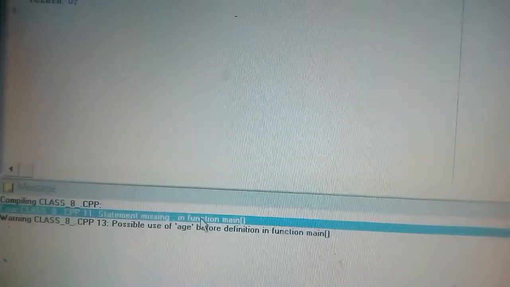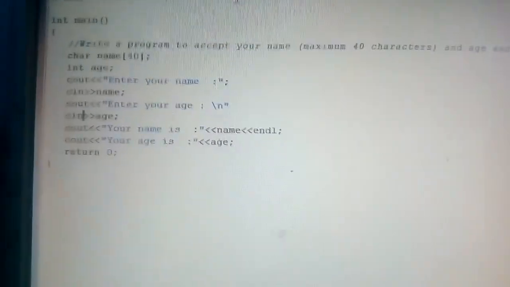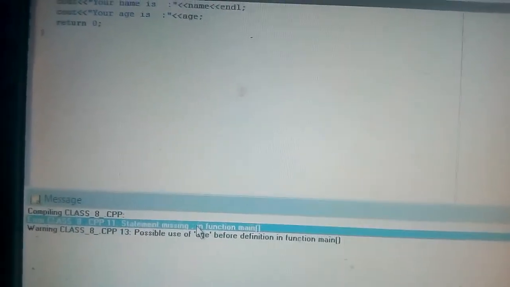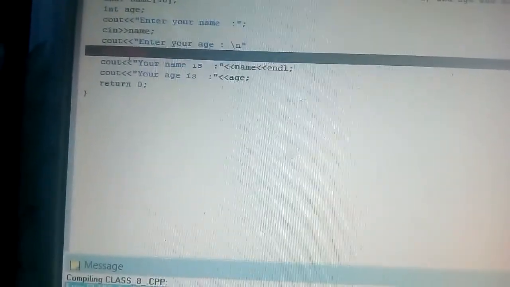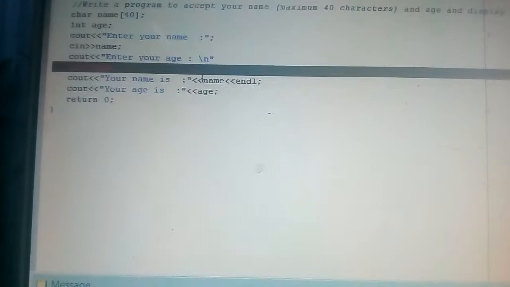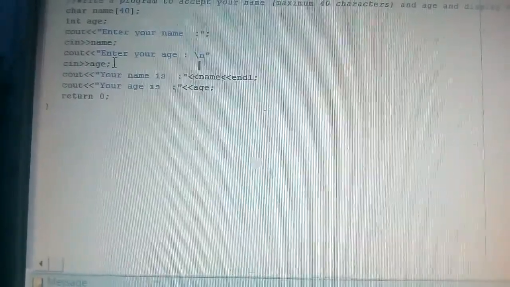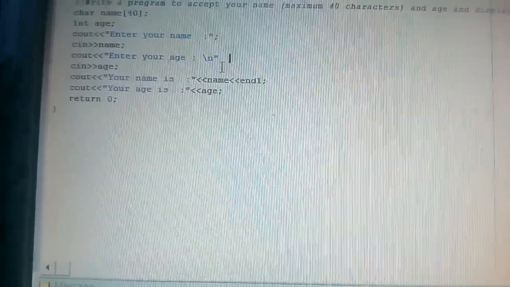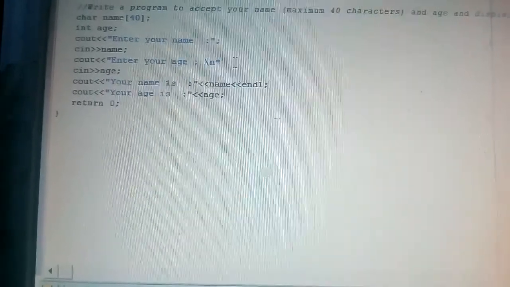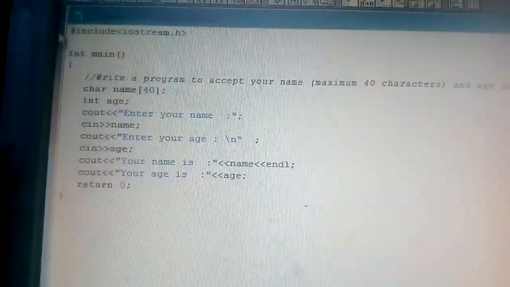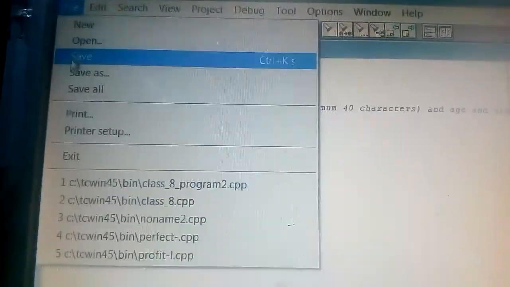When you click on this, you can see it automatically comes here. Again I am showing you, just single click, then you can see where the error is. You can see this one is highlighted. Yes, this line is wrong, so that means here we have not given the semicolon, that's why it is giving an error. So we have to give the semicolon here. Okay, and then go to File and then Save.